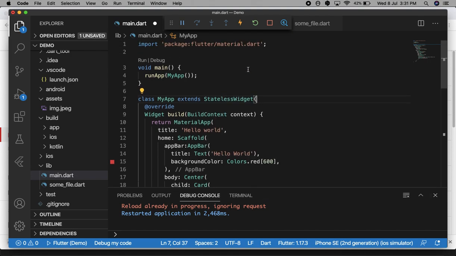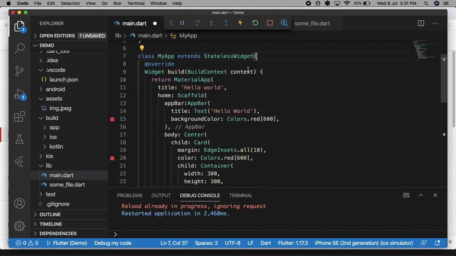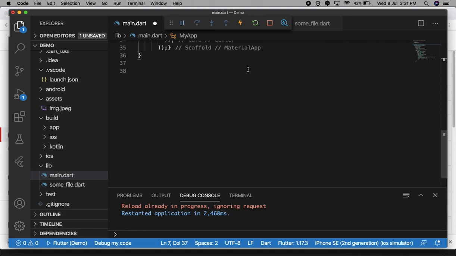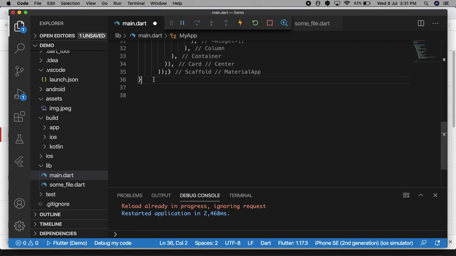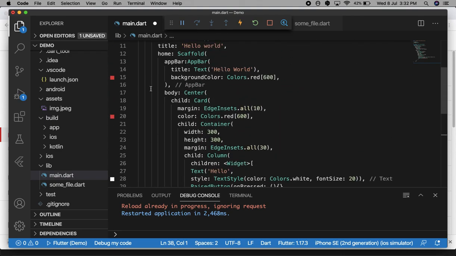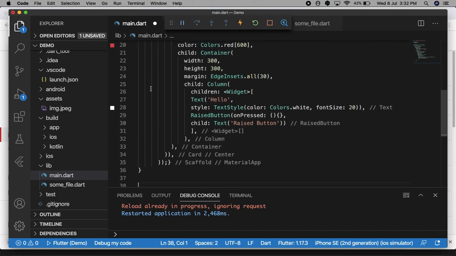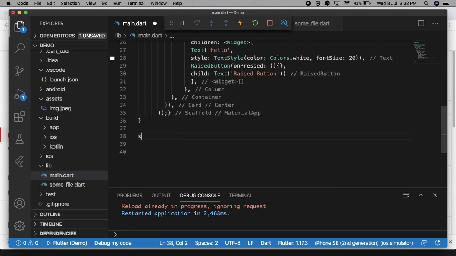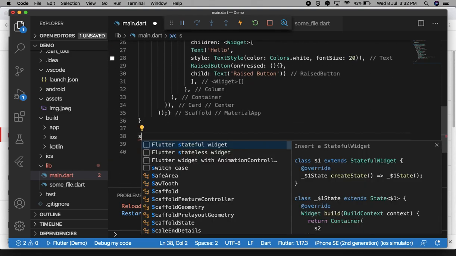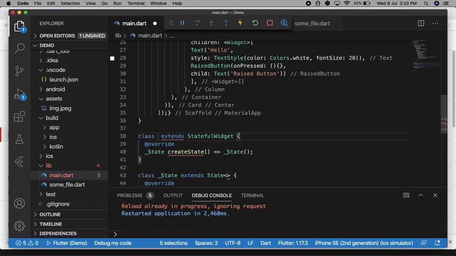Now I will create another widget that will be a stateful widget. So just type stateful, enter.